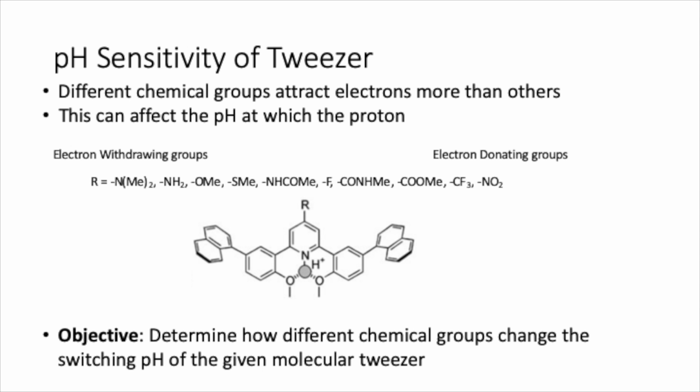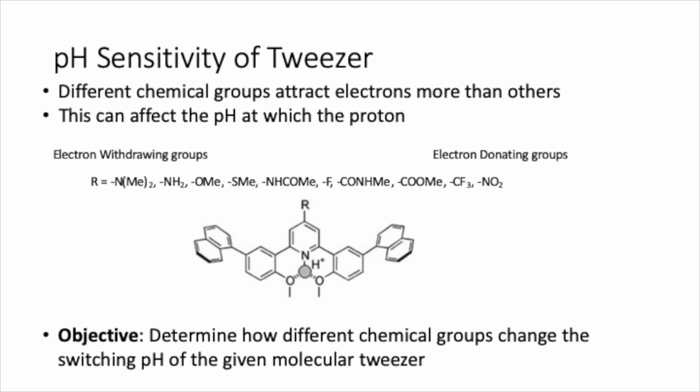the drug. In order for this tweezer to be used for cancer delivery, drug designers need to be able to tune the pH at which the tweezer opens, so that it will only deliver drugs to cancerous cells. We formed the hypothesis that the switching pH could be tuned by bonding different chemical groups in the R position shown in the figure. Each group has different electron withdrawing or donating effects, changing the nitrogen's ability to accept a proton. Thus, the objective of this work was to determine how different chemical groups changed the switching pH of this